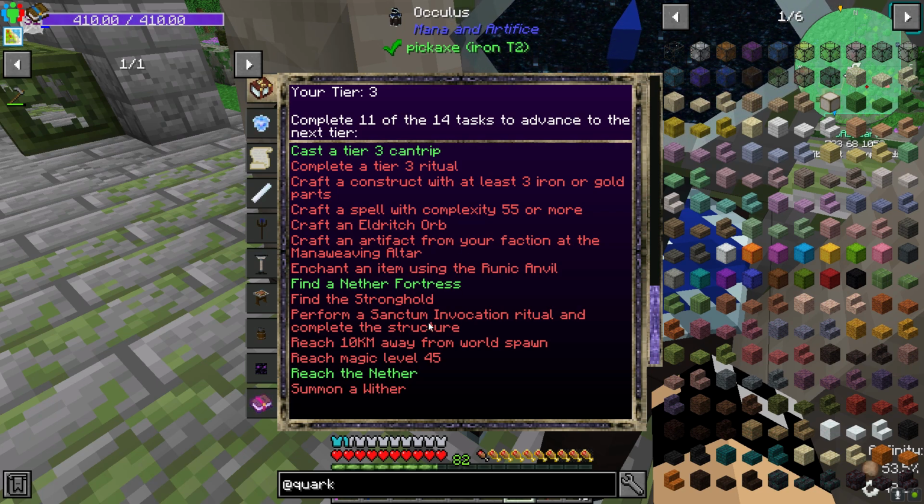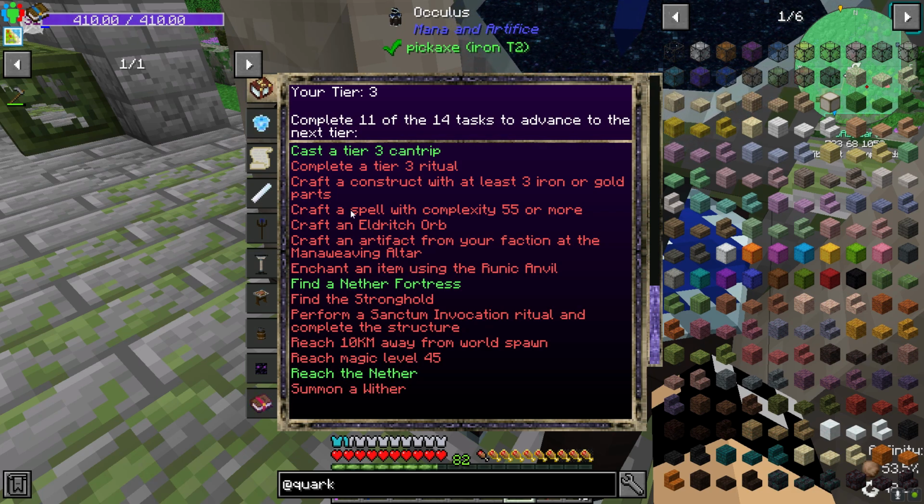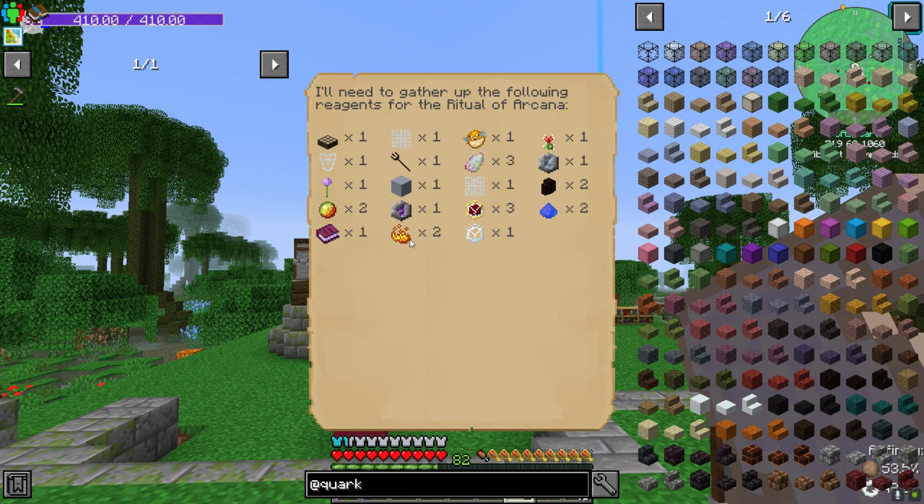The Sanctum Invocation Ritual. Magic level 45. It might be time to summon a Wither. And we're going to do this, and probably do this and this. Okay, so if we take a look here, we are going to need a Written Book, Blaze Powder, Mystic Focus,